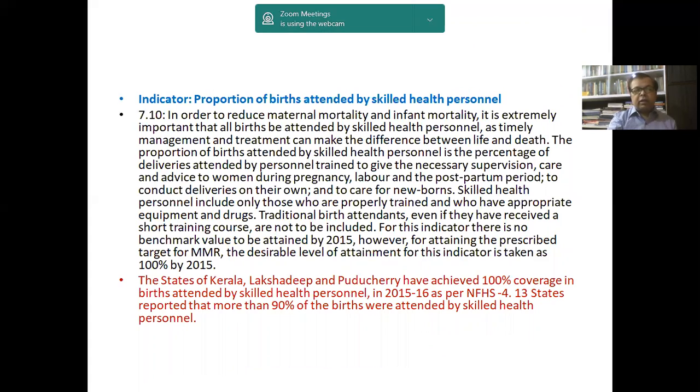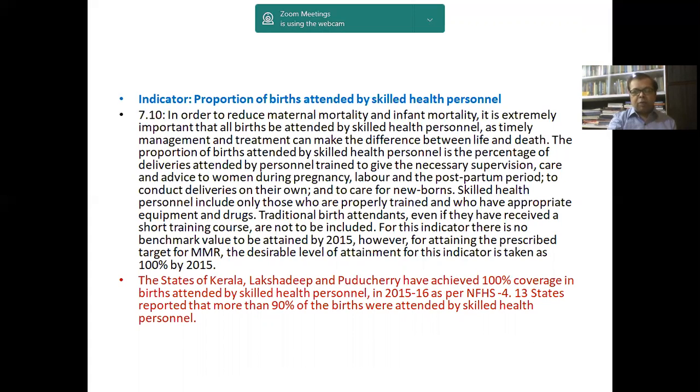Then the next indicator is the proportion of births attended by skilled health personnel. Many women die, and maternal mortality is high, because of deaths during the childbirth process due to lack of skilled health personnel. And one of the goals is to provide skilled health personnel, right? Institutional delivery is basically what is SBA, and very often trained persons or DAIs could also be provided to assist